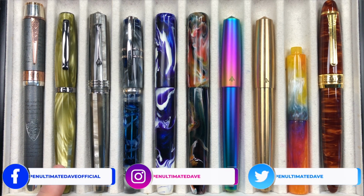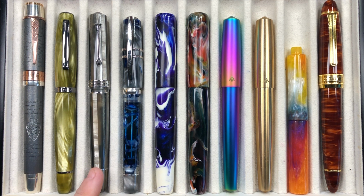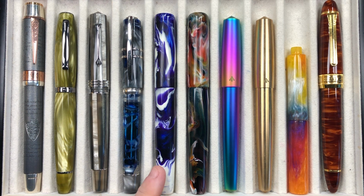We have a Scribo fill in the Verde Prato. We have a Leonardo Officina Italiana Momento Grande in the sand. We have a Visconti Homo Sapiens London Fog. We have a London pen company Christopher 15 in the Jonathan Brooks Ghost Koi. We have a London pen company, and again this is another Christopher 15, but this is in the Jonathan Brooks